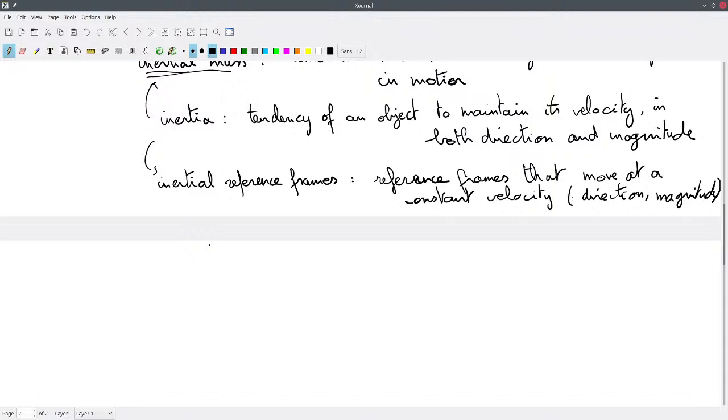For every object that satisfies Newton's first law, I can find an inertial reference frame in which that object is at rest. So for every object where Newton's first law applies, not just Newton's law, Newton's first law,